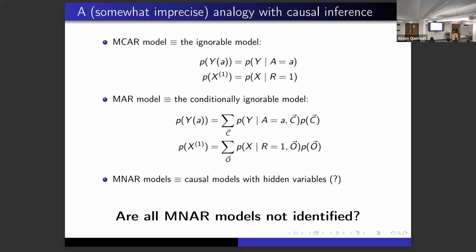The standard thing people would say is, if you ask ChatGPT about MNAR, it will say MNAR is not identified. ChatGPT would be wrong because it read a bunch of incorrect texts about missing data. Of course, lots of MNAR models are identified, because remember, MNAR just means not MAR. You could be not MAR in a helpful way or a non-helpful way. So sometimes you get lucky if you're not MAR.